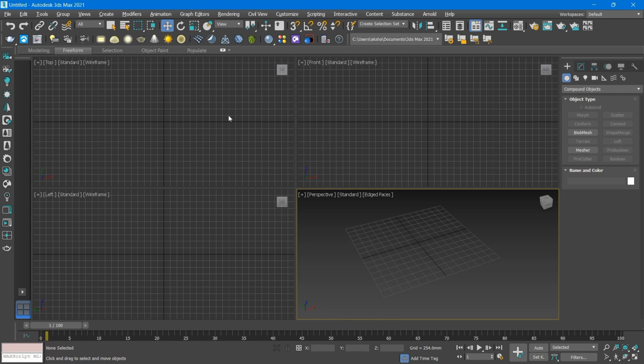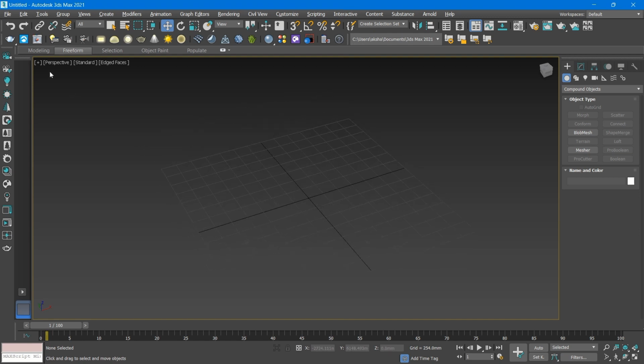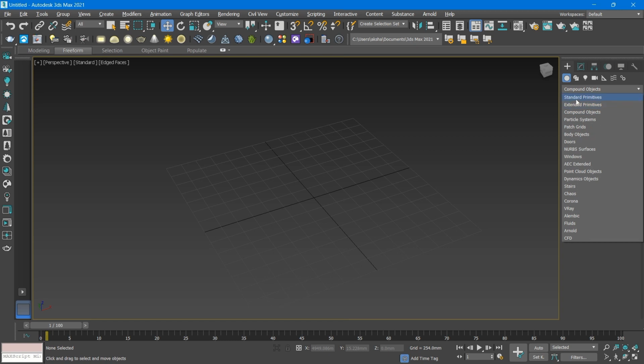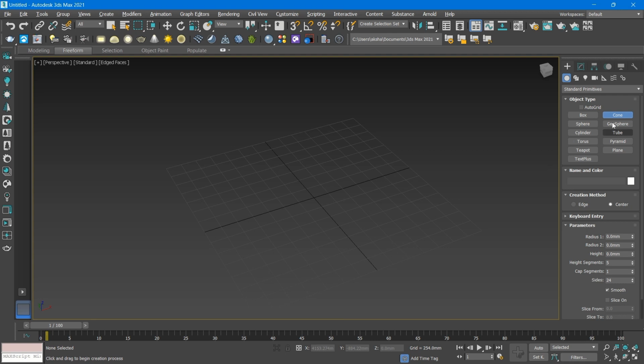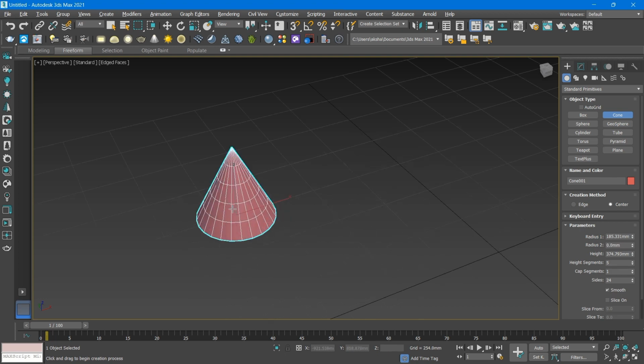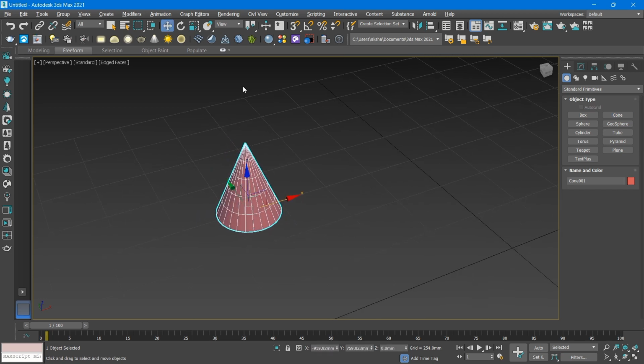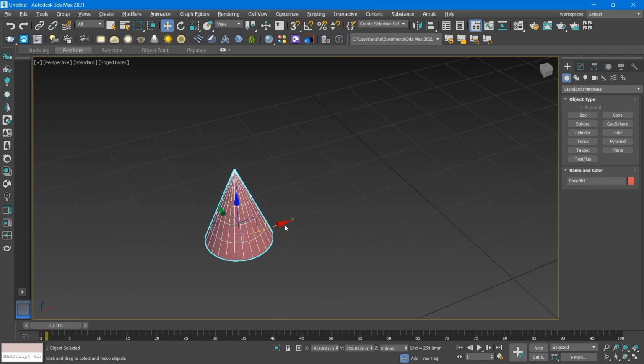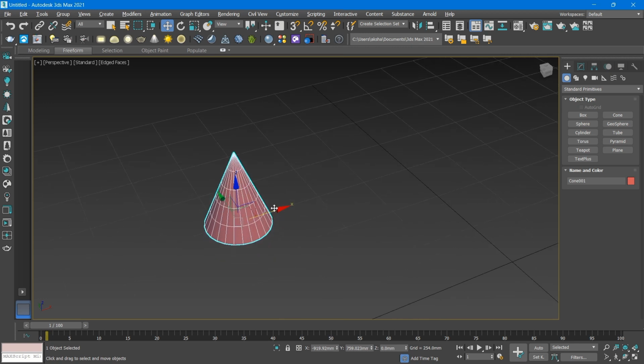Now first, as you can see, we have a few viewports. Now we'll switch to a single viewport, that is the perspective one. Next, we'll click on standard primitives and create a cone. I've clicked on cone and I'm creating it right now. Okay, so this is a cone, and if you want to give it radius 1 and radius 2, you can give it. The next thing you have to do is press the shift key on your keyboard